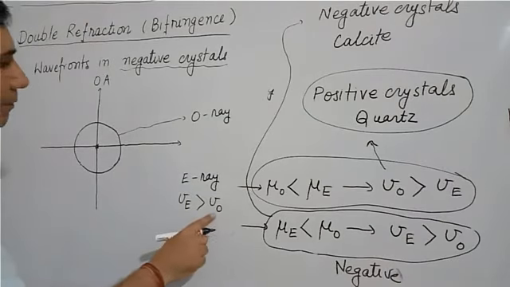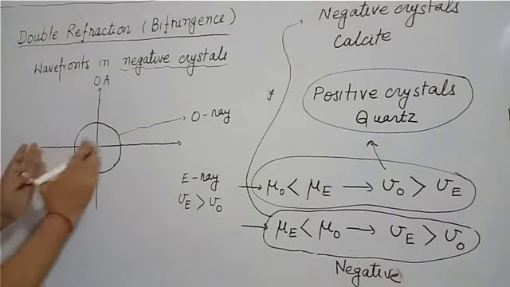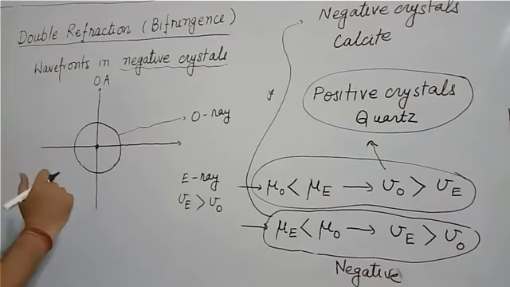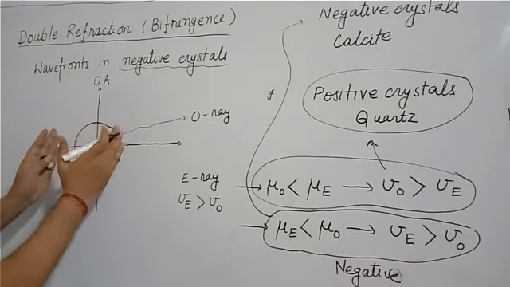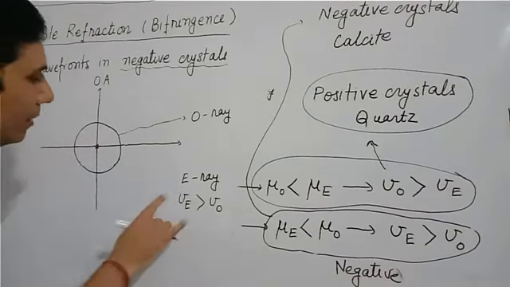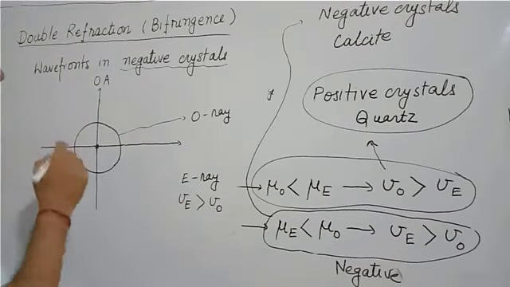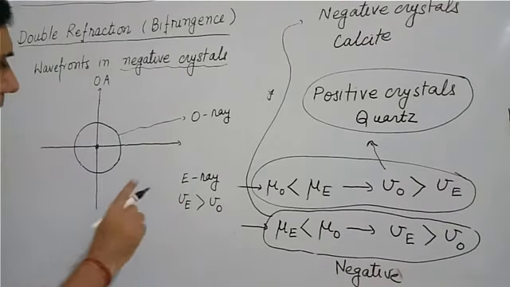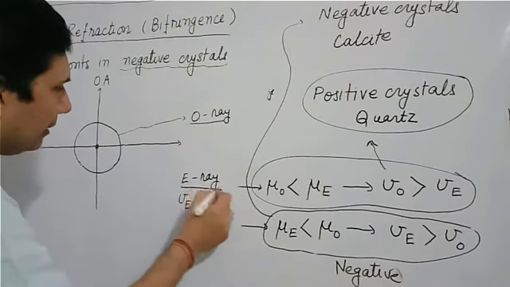VE is greater than VO. So automatically, the wavefront of E ray will always move ahead as compared to the wavefront of O ray. Or you can say the wavefront of O ray will lag behind as compared to the wavefront of E ray. But one important thing you have to remember, that both O ray and E ray